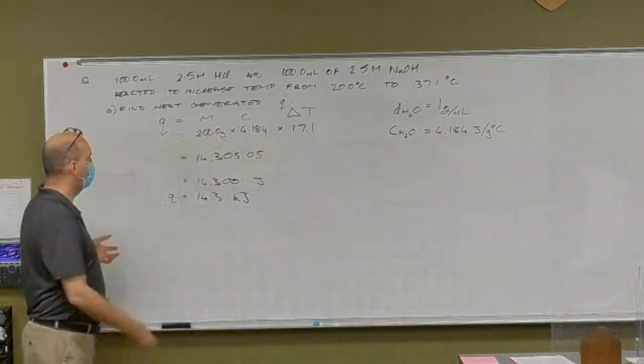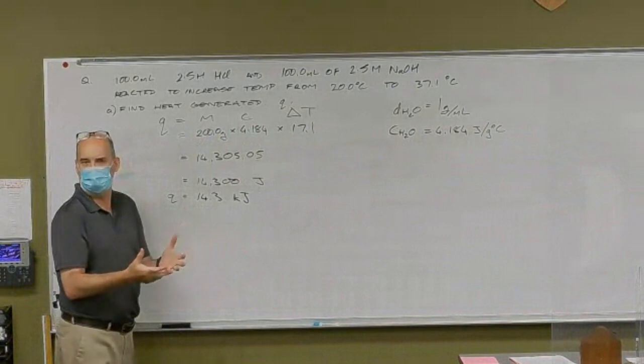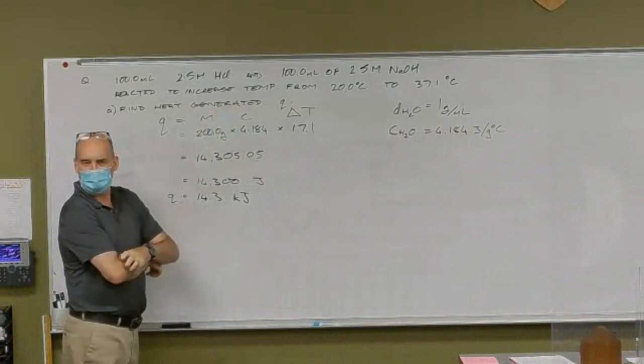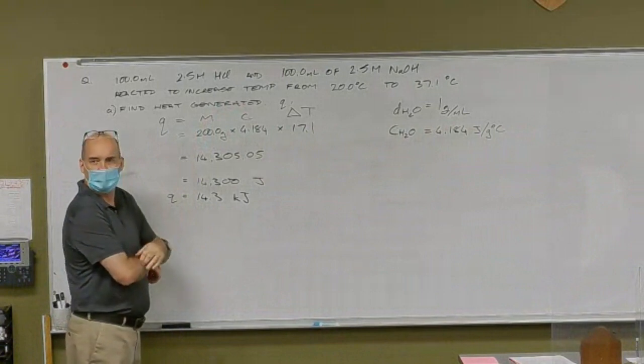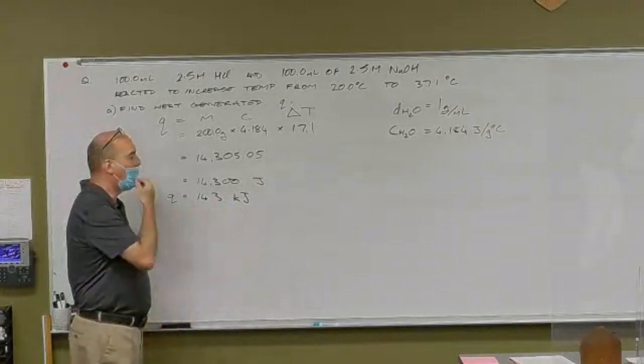That's enough energy to take 200 milliliters, which is a small volume of liquid, and raise its temperature by 17 degrees. That's quite a lot. That energy is given out. It's an exothermic reaction